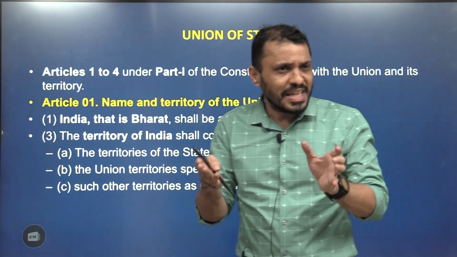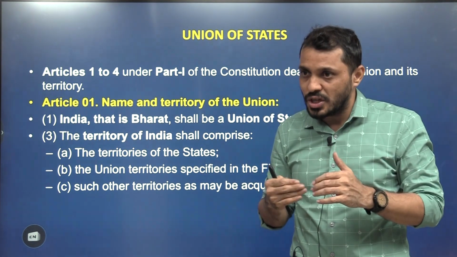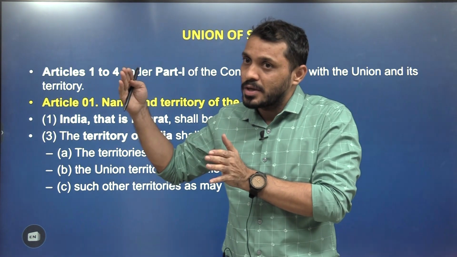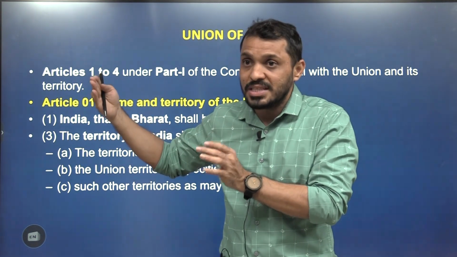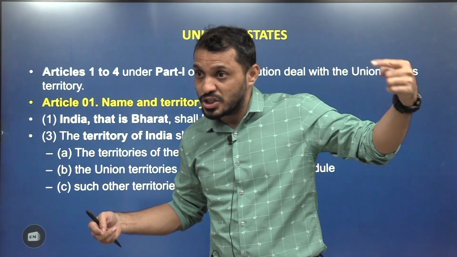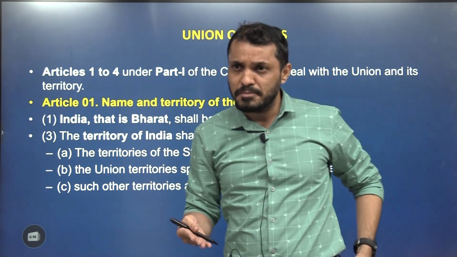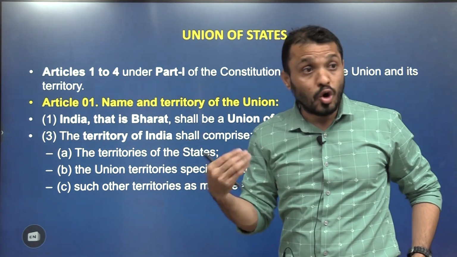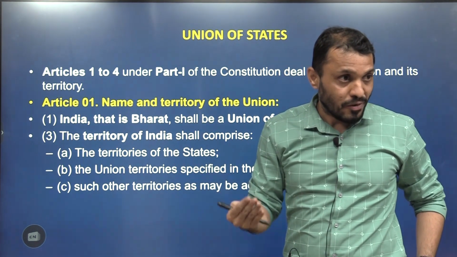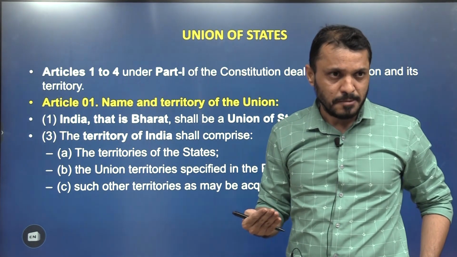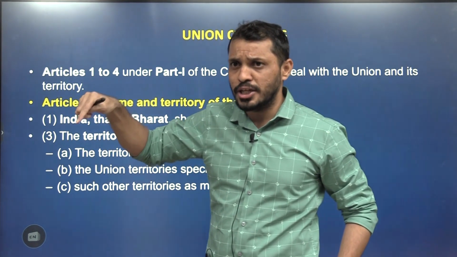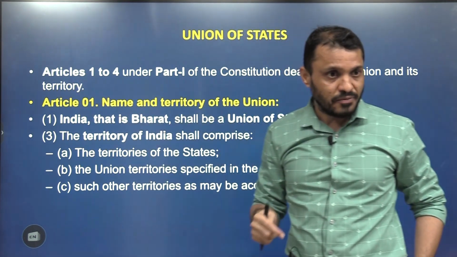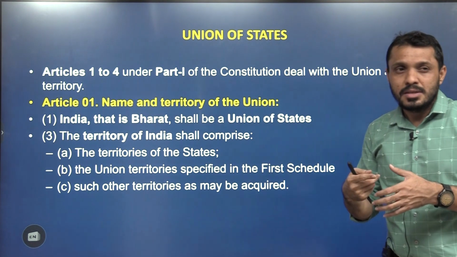And like she told, whatever areas you acquire come under the definition of territory of India as long as they do not become a state. Once they become a state, they obviously become part of the definition of Union of States. For example, Sikkim, we acquired, but now it is a part of Union of States. Goa, we liberated from the Portuguese in 1961. Up to 1987 it was territory of India. In 1987 it became a state. Now it is a part of Union of States. So it is fluid.